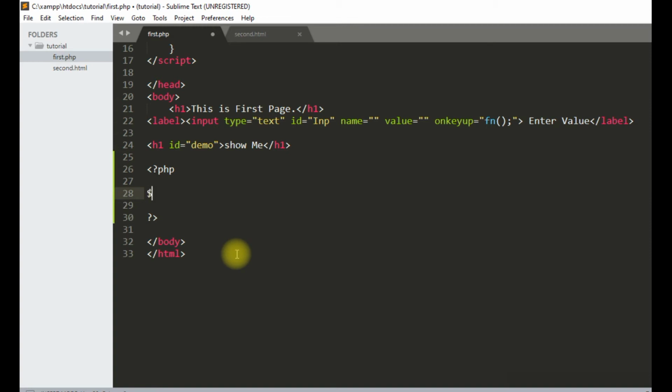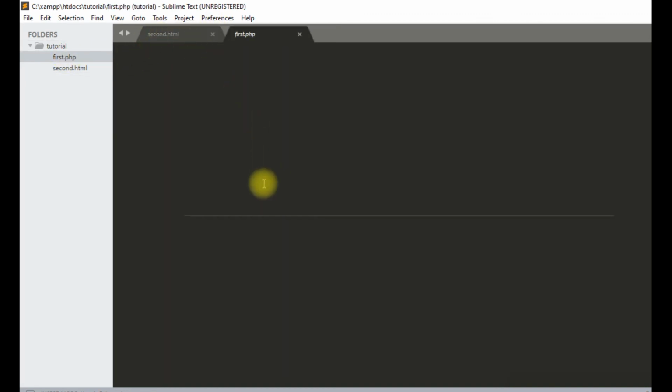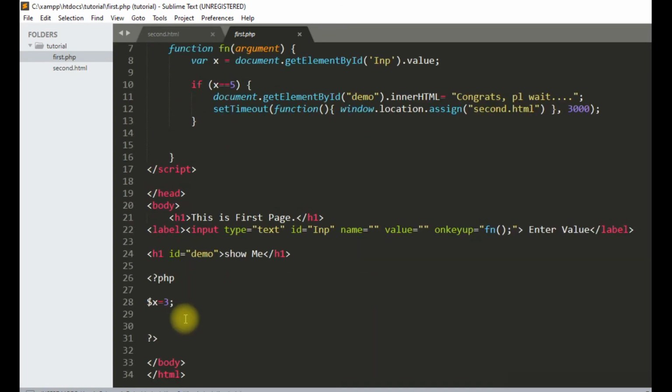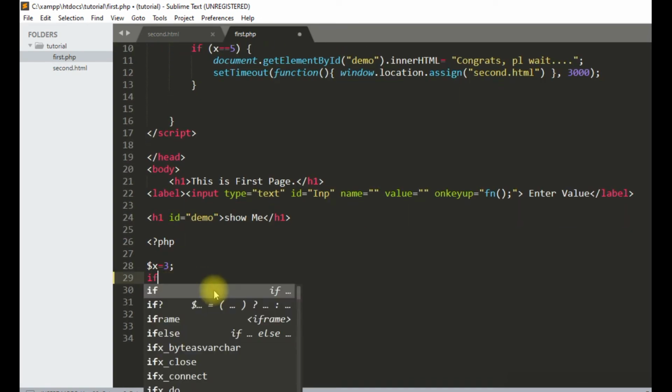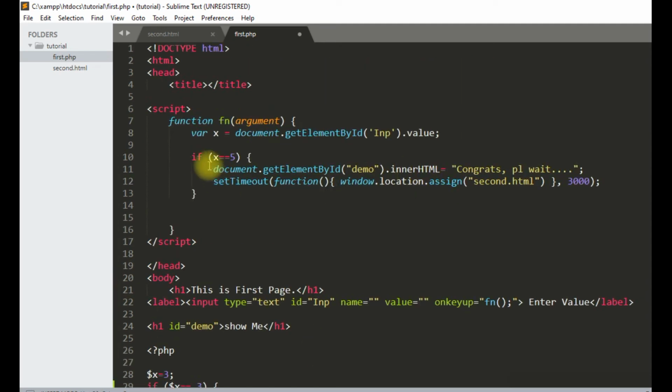Here I say $x is equal to say 3, if x is equal to say 3, then we have to write this function.